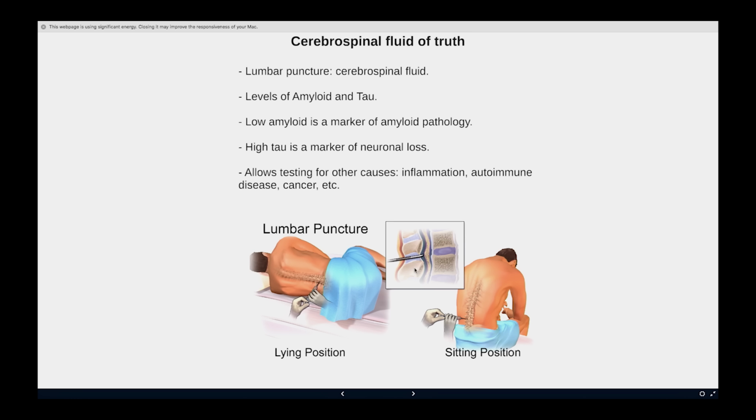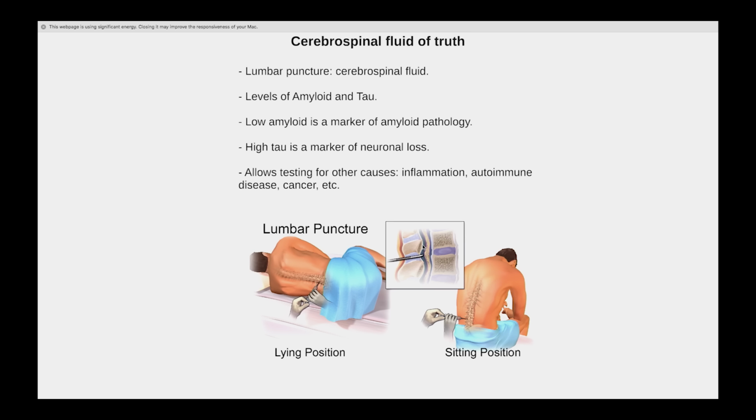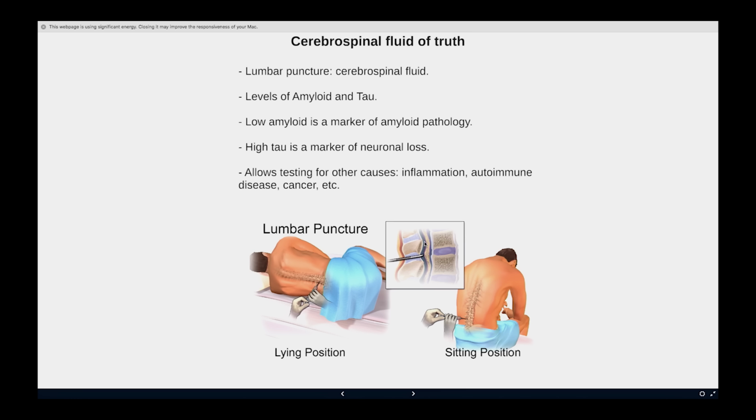Now, where we go in with the needle, the spine has already ended, but there are nerves going down. So we're not at risk of injuring the spinal cord that extends from the brain. We just want to get to that cavity in order to get the fluid. And that fluid is in continuum with the fluid around the brain. So it's really the same. It's one pool, and the fluid is all the time passing through this entire pool.